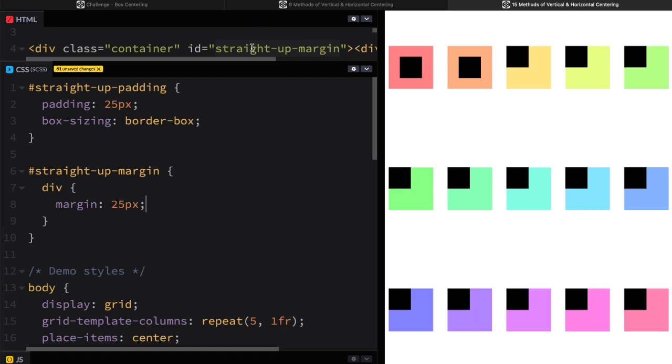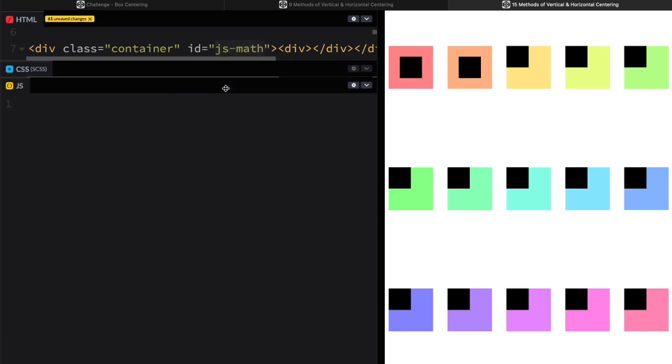Moving on, we have JS Math, okay? Now, if that didn't clue you into where we're going, me opening the JavaScript tab definitely should, okay? So we're gonna grab our parent. Our parent is the colored box, and that's gonna be